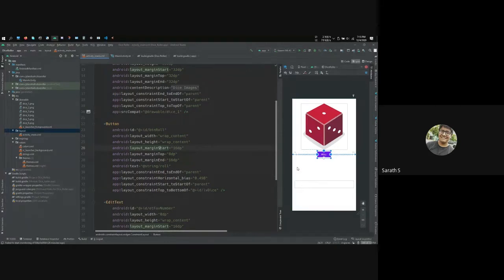So as you can see, I gave a margin start here. In Android layout, start actually means left, and end actually means right. So it is basically synonymous with the start of the button and the end of the button. So margin start means I'm giving the left of the button 16 dp of margin.